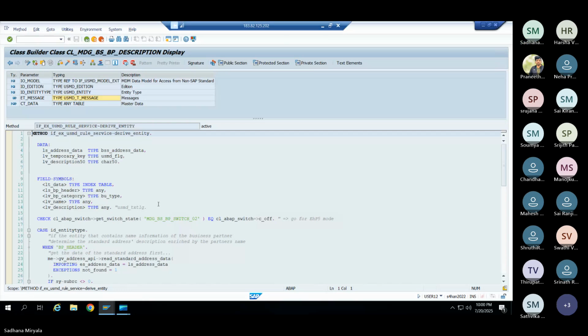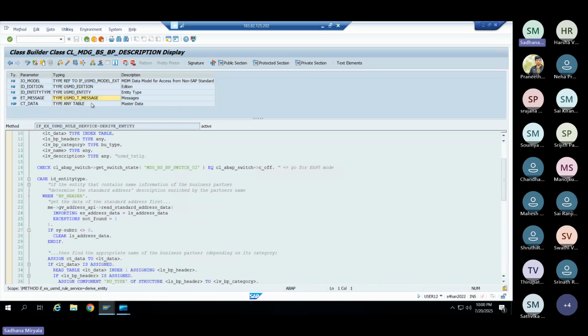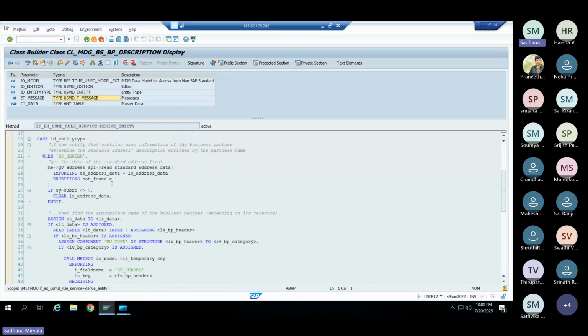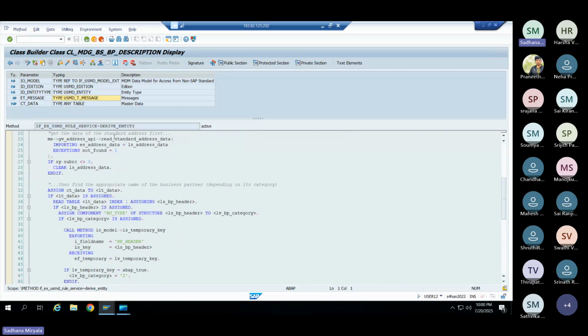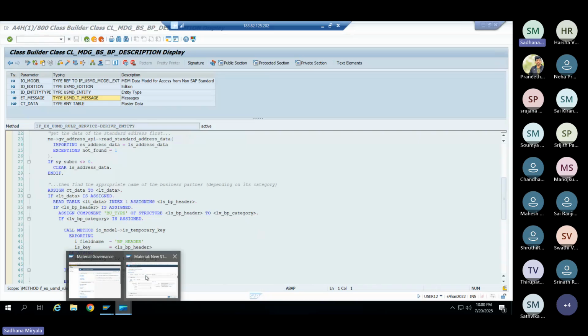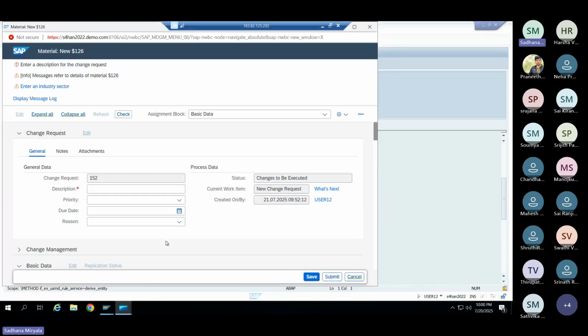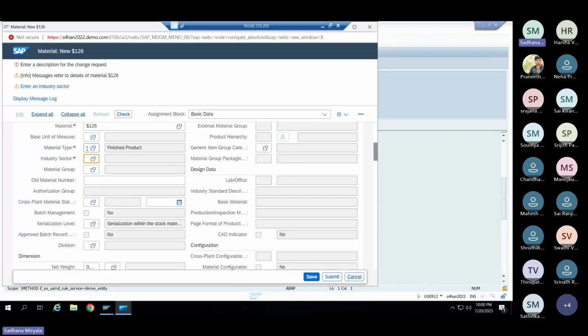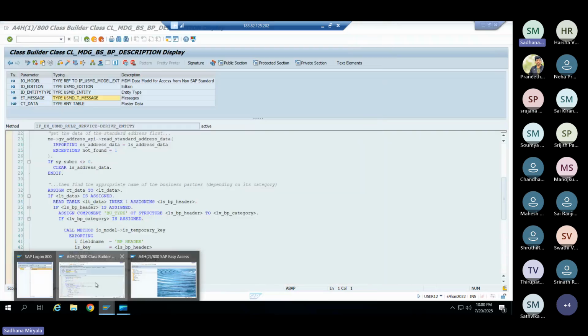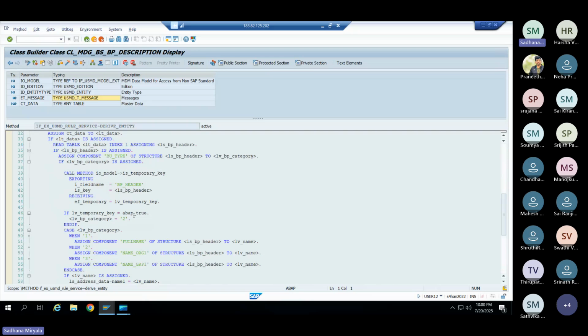Okay, so here, this is the logic they have built. This derive entity we use is for derivation. We discussed the derivations, right? So if you want to derive any attribute value based on another attribute value, then you can use the derive entity. So here, just look into any of this, based on the business,